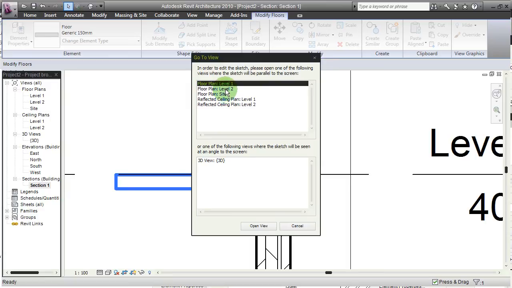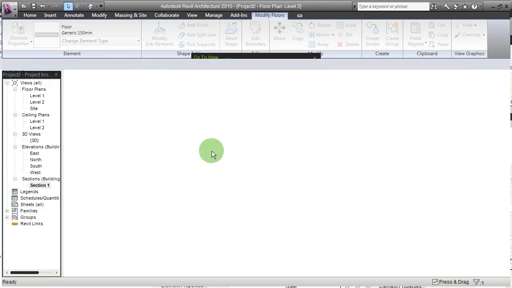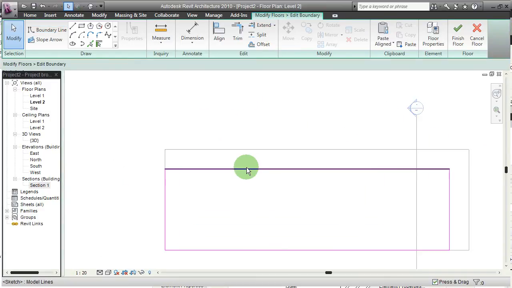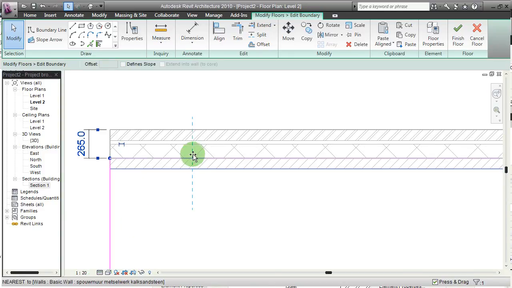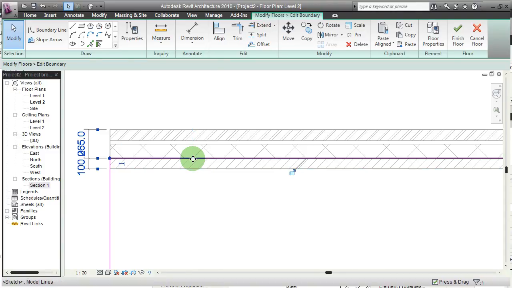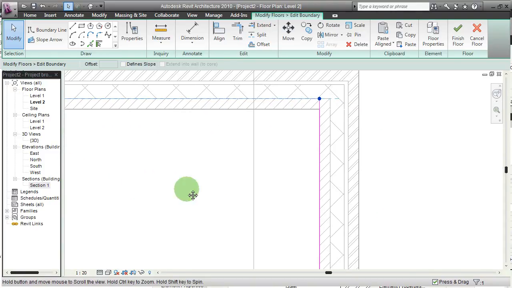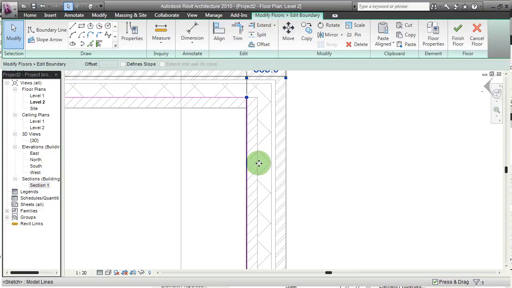I'm going to do that on the second floor, and again I'm switching off the layers, and then I'm dragging that to any reference plane there is, but I'm going to drag it to the inside of the core and say okay, finish floor,